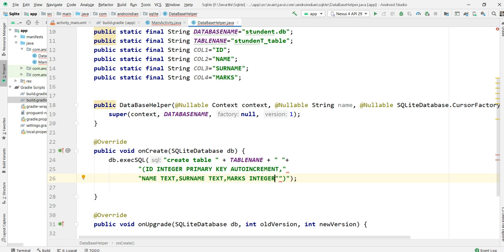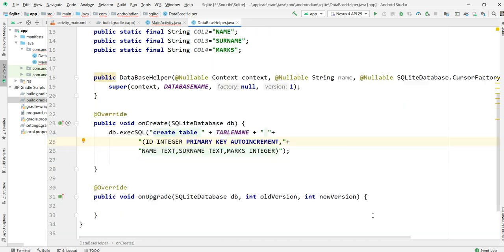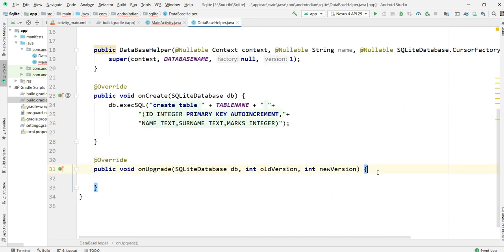This is how we are writing this. So this is auto increment, this is what we are expecting. Here it's a one place size missed, so like this you can write this. So create a table. Now the table is created. Then the second option here is you can update the table. Sometimes we may upgrade the table.